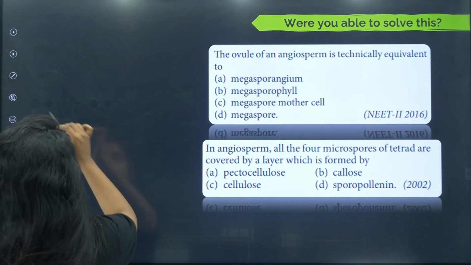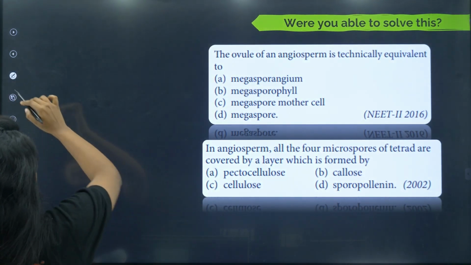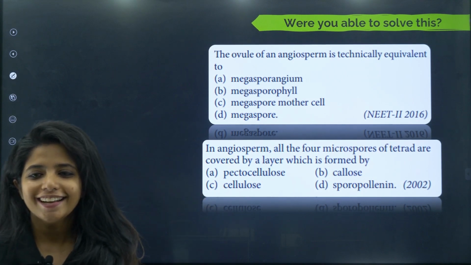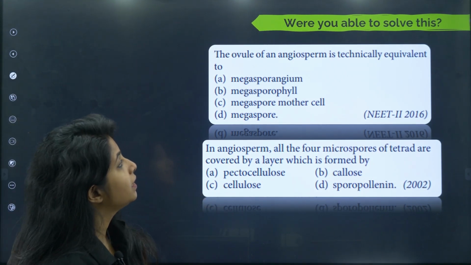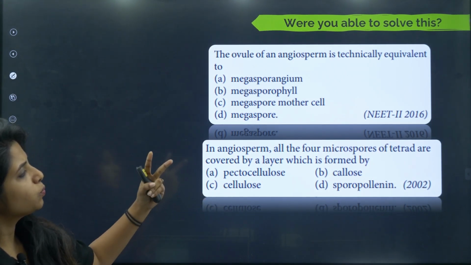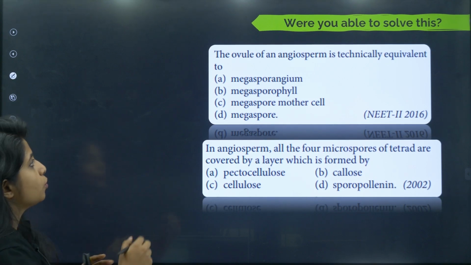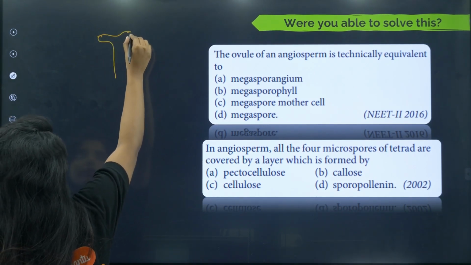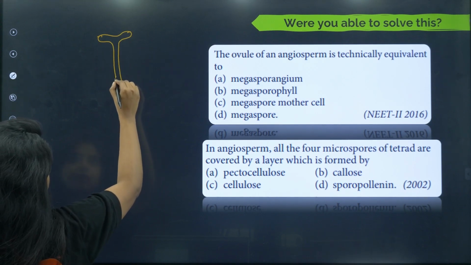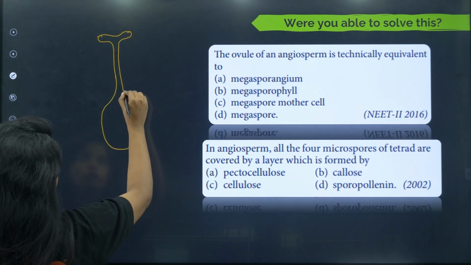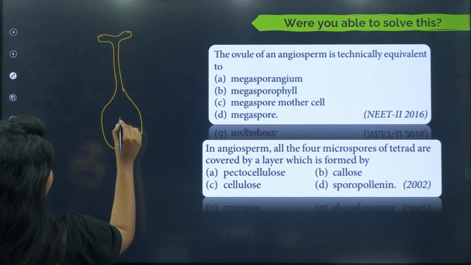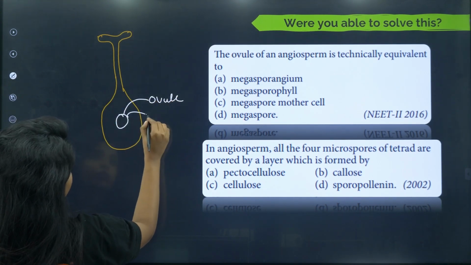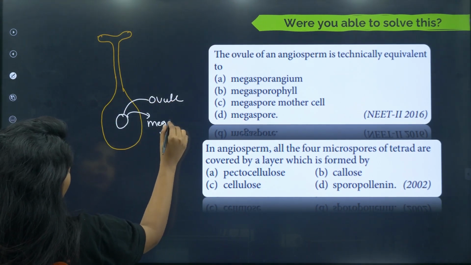Going ahead, there are 2 questions yet to be solved. I gave it as homework. Let's see who all got it correct. The ovule of an angiosperm is technically equivalent to megasporangium, megasporophyll, megaspore mother cell, or megaspore. So basically, you know the structure: the stigma is like this, then we have the style, and then we have the ovary, and the ovary has something like this, which is known as the ovule. Now I say the ovule is also equivalent to